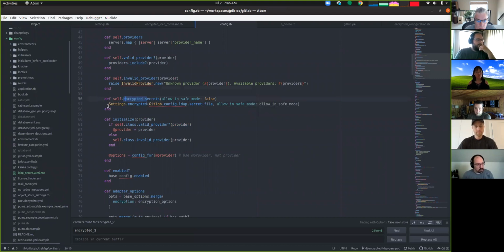And so this calls into a new method that's been added in the higher level GitLab settings class that has this encrypted command, in which you currently pass the file that you want encrypted, and it returns you the encryption config object, which is something that you can index into, and it'll automatically decrypt and read the YAML, and then let you index into the YAML. In the case of YAML,